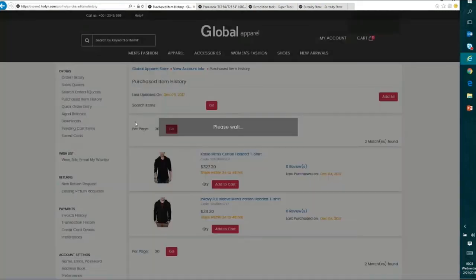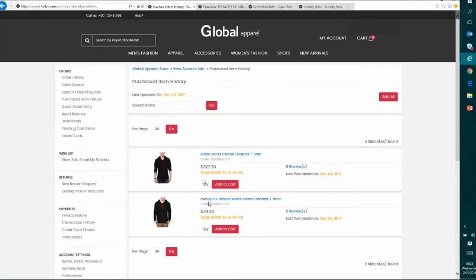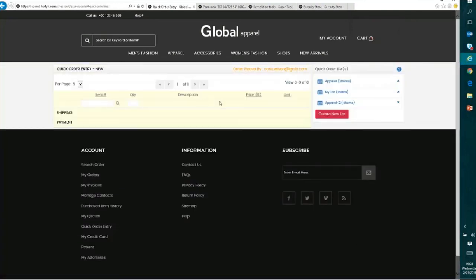Here's where I can see a listing of all of the items I've purchased in the past. So that way I can just come add quantities at one time. So 2 of these, 1 of this, and I can add all of them to my shopping cart at the same time. In terms of B2B customers, this is what I was talking about, the quick order entry screen, where